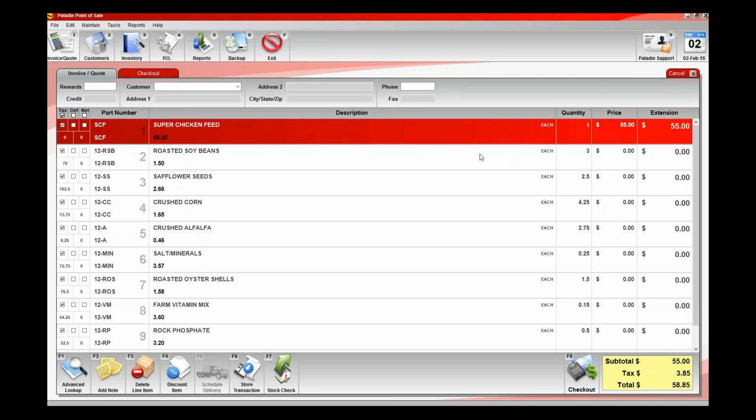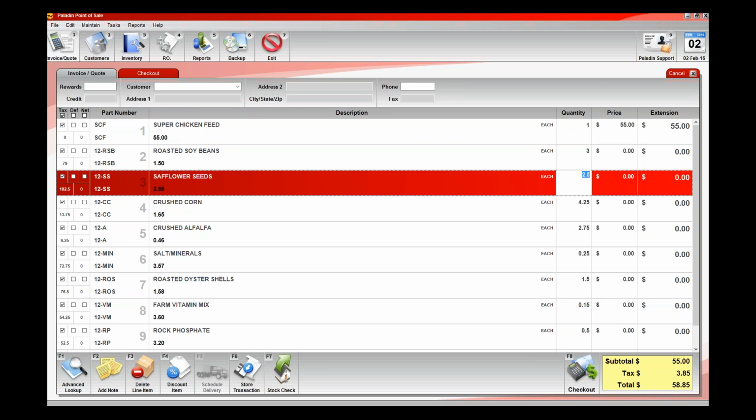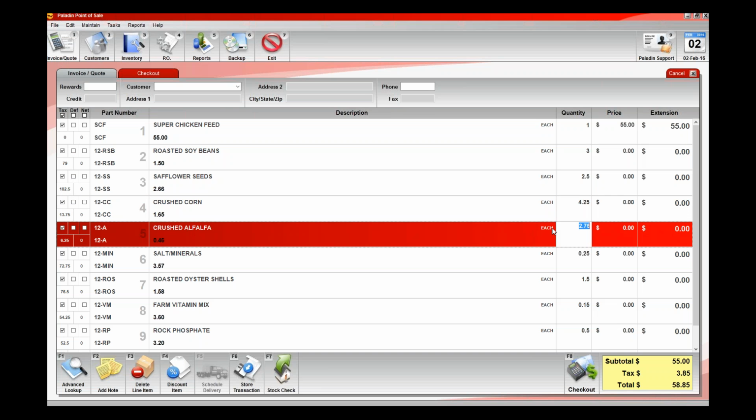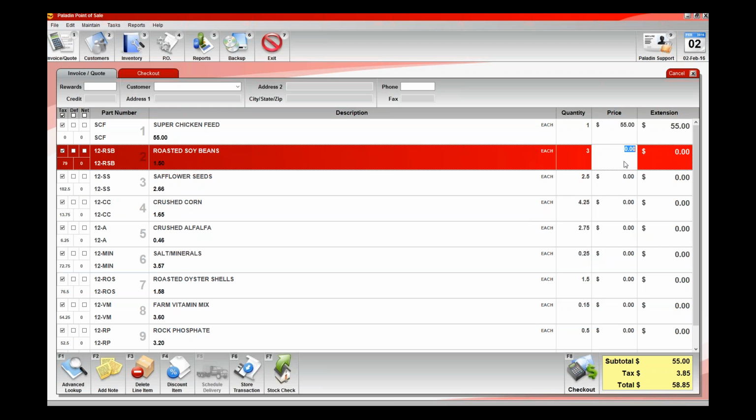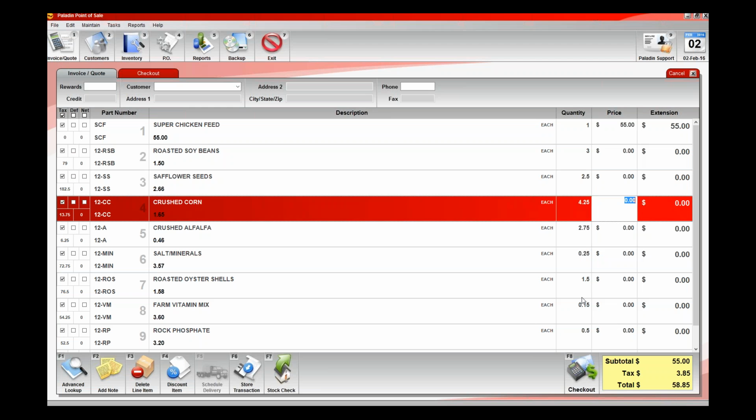In this case, I have put in quantities to factor in what I need to make up this particular recipe. In addition, I've zeroed out the price column so that those prices are not identified here. So what I've got is a kit, but this kit is proprietary to me. I don't want anybody to see the ingredients of this kit. Therefore, when I print this receipt or invoice, guess what? I have it so it hides all the items that are in there as zero, and it only shows the